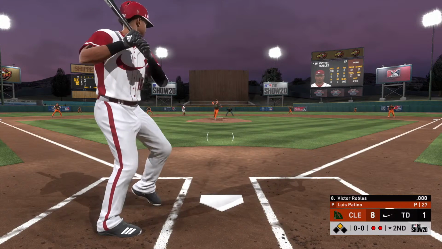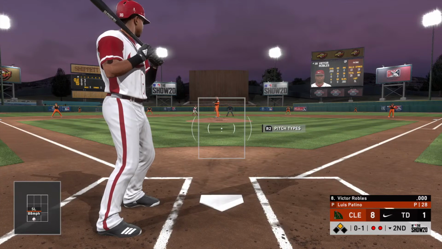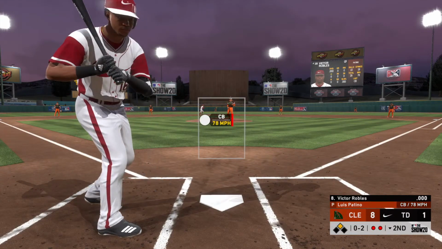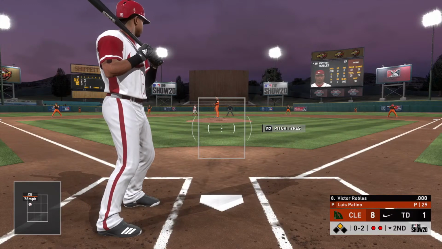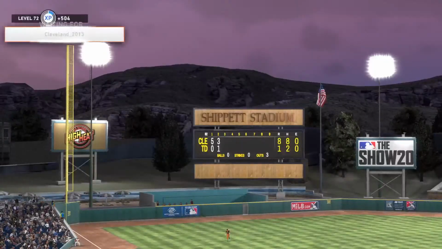Victor Robles digging in now. Runner in scoring position with 2 gone. No balls and a strike to count. The 0-1 on its way. And a curveball. This one clocked at 78, and it's 0-2. Boy, this is one of those. And we'll have to leave it there as